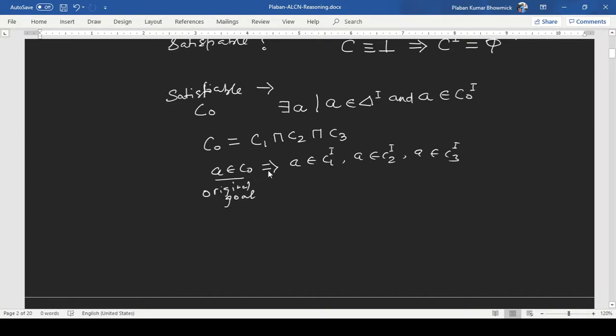In order to prove this, we need to make it true, and we need to make it true as well. Now, in order to make this C1 true, or this A belongs to C1 true, note that C1 can also be